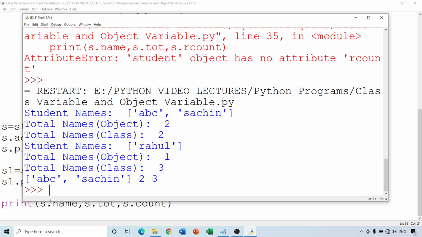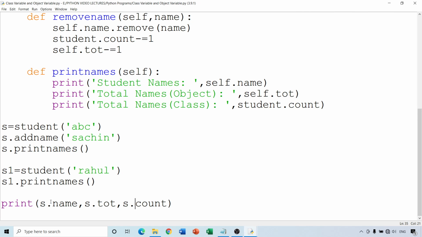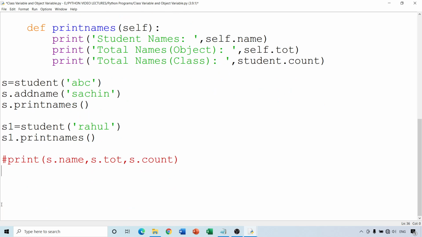Now, we did not make use of the remove method. So let me do something over here. Again, we put this in a comment. What we do is s dot remove, remove name, rather ABC. I remove the first name and then we call s dot print names.